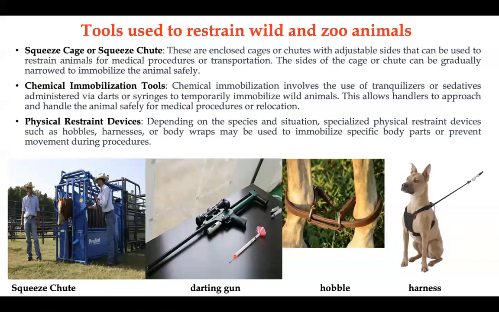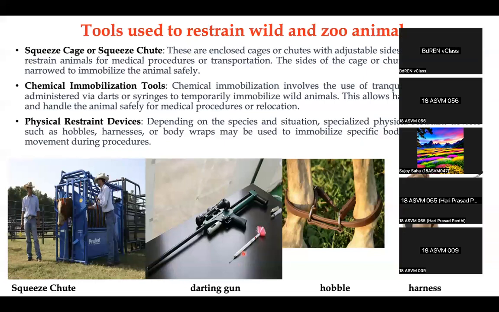The syringe you can see here is known as a dart, and this is a darting gun. The tranquilizer, or the chemical we use to immobilize the animal, we insert inside this dart, put the dart in the gun and then shoot at the animal to make it docile or immobilize it for a certain time. In this case, one thing we have to keep in mind